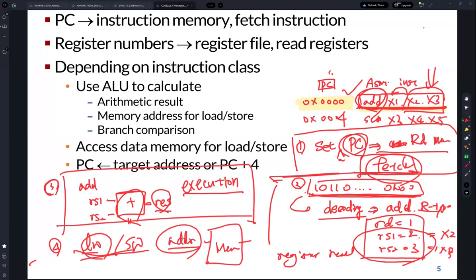Then how about the branch instructions? The branch instruction is also different. The branch instructions need to update the program counter, right? So the program counter value is changed by branch instructions. Based on the instruction types, the execution part can be different. So this is the execution, but